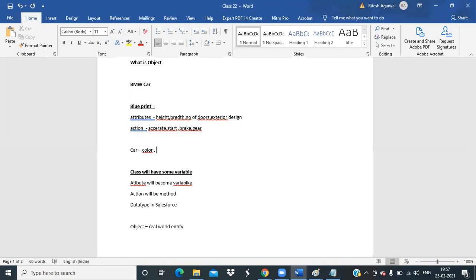The car can have some accessories. BMW is producing 10 cars, and there can be differences of color, accessories, and customization in exterior or interior. So an object can also have its own attributes.